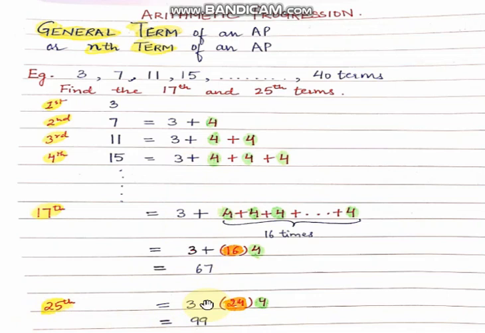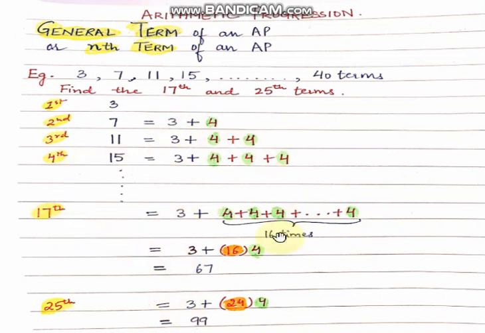So what have we observed so far? That these numbers which are forming a sequence are giving me an arithmetic progression where the jump size is 4, and since this jump size is fixed throughout, we call this jump size the common difference. This jump size is nothing but the common difference. D we denoted by d, you're already aware of it. D is equal to 4, and 3 is my first term.